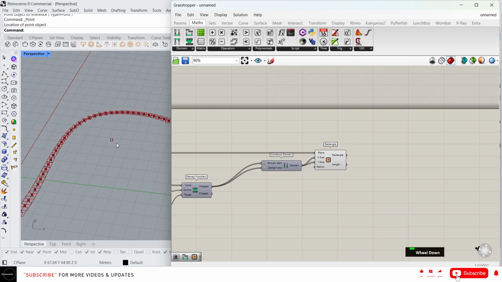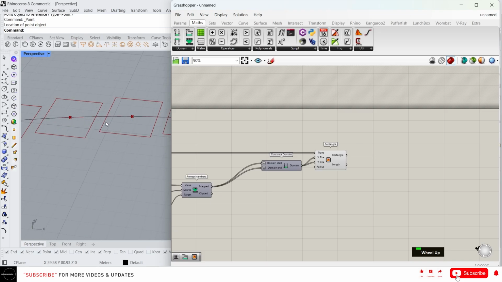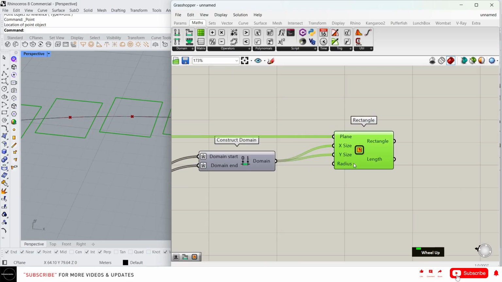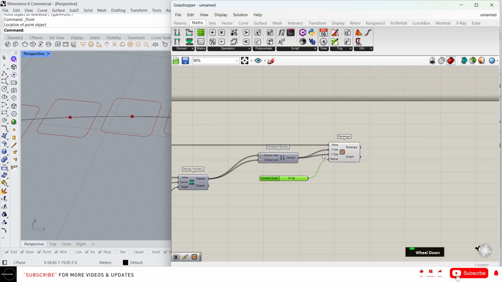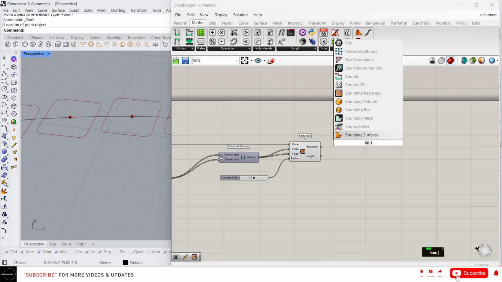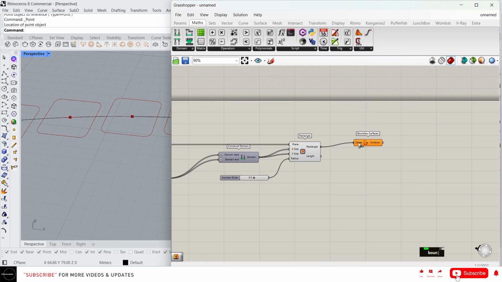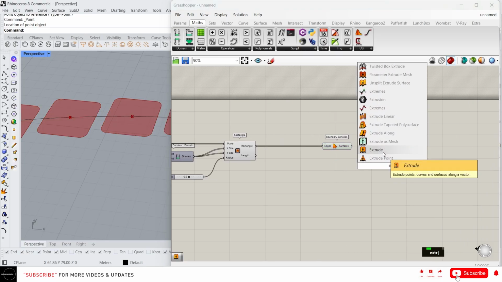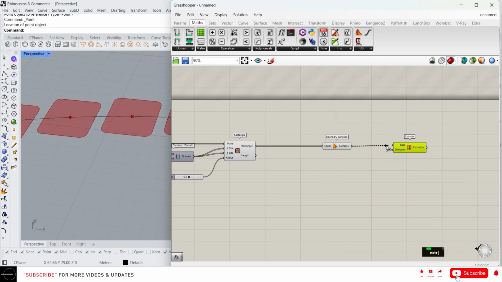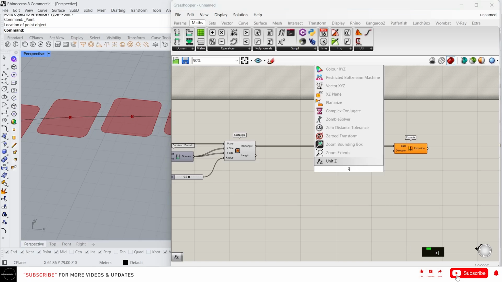Okay, now we have our rectangles. So I just want to fillet these edges, so I'm gonna give some radius for the rectangles. Connect. Now we have curved edges. Now type boundary surface, connect the rectangle to the edges. Now extrude this, extrude base, connect the surface to the base. And for the direction, let's set unit